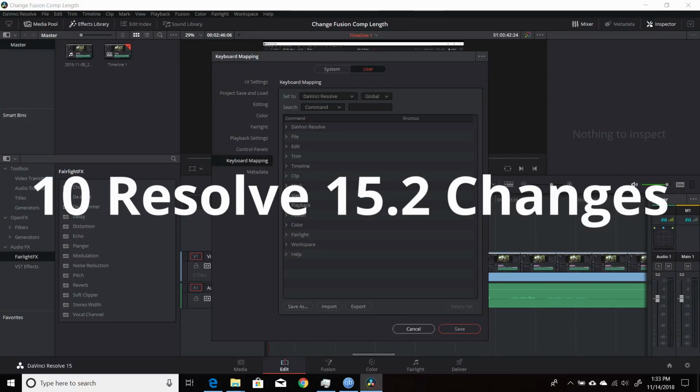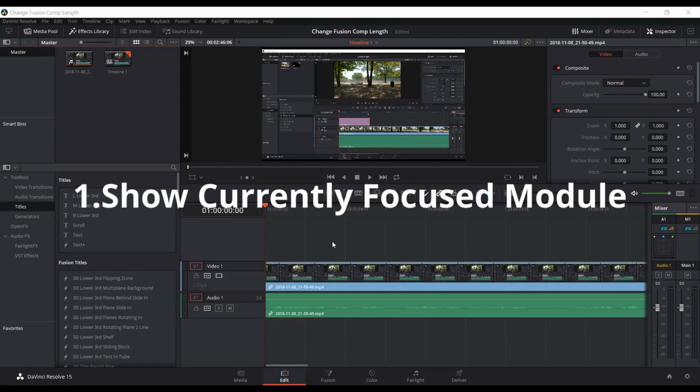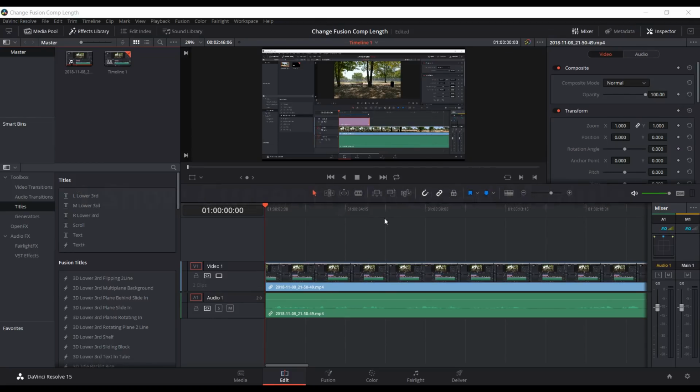This video, we'll be going over 10 major changes they made in the newest version of Resolve 15.2. Okay, the first change they made in Resolve 15.2 is the highlighting of what module you're currently in as part